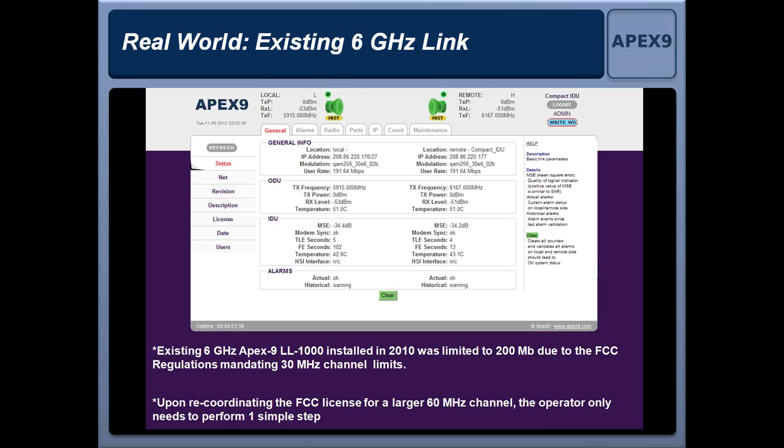limited to about 200 megabits per second of full duplex bandwidth because there was 30 megahertz available, and just with how 256 QAM works and digital signal processing and everything, the most you can put in a 30 megahertz channel is 200 megabits. Now, under these new rules, in the case of our hardware, because we actually didn't separate keys or anything, this operator who has this link in place can go re-coordinate the FCC license for a larger 60 megahertz channel. And because our hardware supports more bandwidth than what was available, after re-coordinating that FCC license, all they